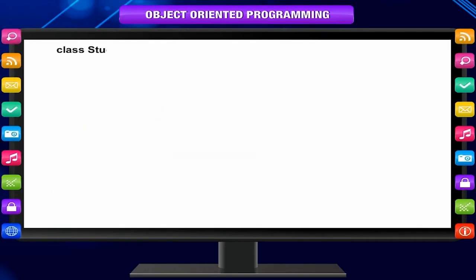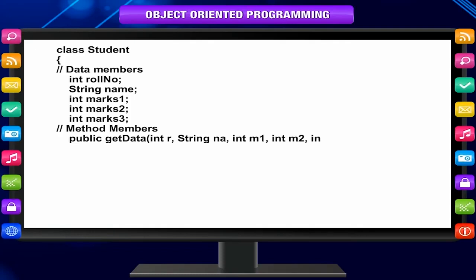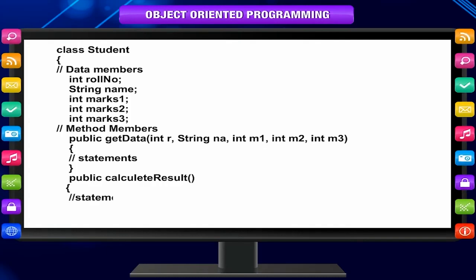Example: class Student { // data members int rollNumber; string name; int marks1; int marks2; int marks3; // method members public getData(int r, string na, int m1, int m2, int m3) { // statements } public calculateResult() { // statements } }